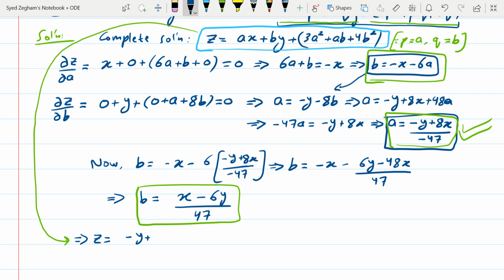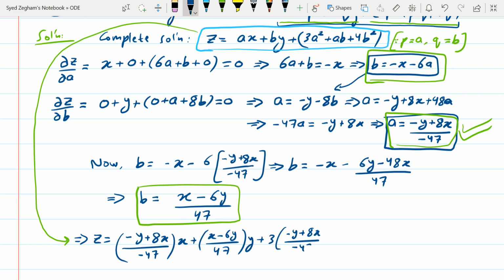Minus y plus 8x over minus 47 multiplied by x plus by, that is x minus 6y divided by 47 multiplied with y plus 3 times a square, that will be minus y plus 8x over minus 47 whole square plus ab, that will be minus y plus 8x divided by minus 47 multiplied by b, that is x minus 6y divided by 47